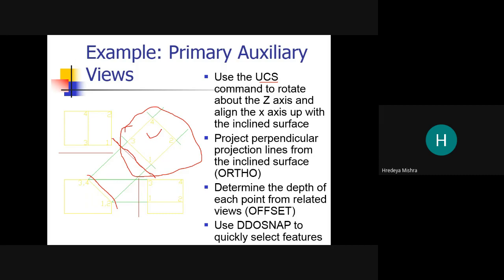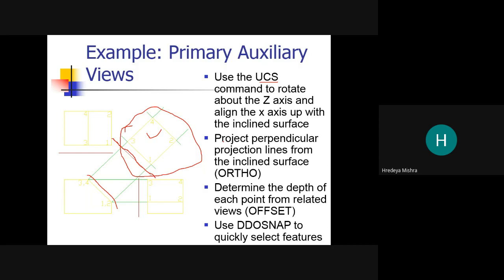So by the auxiliary plane, we can see that the actual shape and size of that particular surface is not rectangular, it is a square.